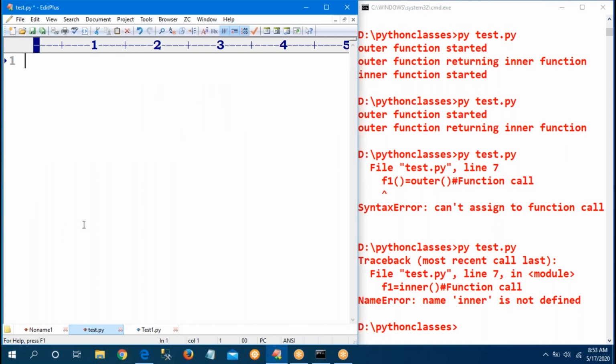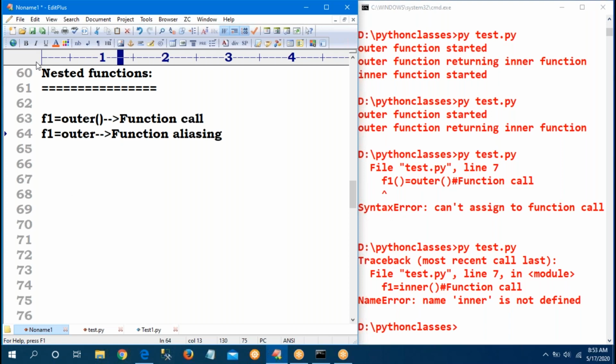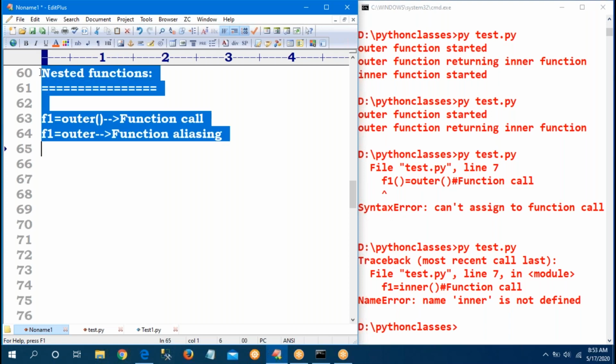Sir, that is nested functions. Now, a very important concept. For these 15 to 20 minutes, please observe carefully. One most important topic, that is function decorators.